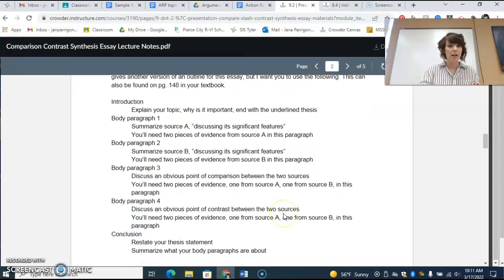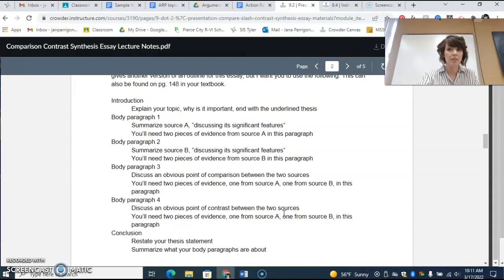This is your outline for the essay, and this is the outline that you need to follow or you will lose points, okay? So your introduction: explain why your topic is important. Give us a little bit of information maybe about the two articles, but not a lot, because your first two body paragraphs are going to be summarizing those. Just tell us why the topic is important, how long it has been controversial, and then end with your thesis statement underlined. What I do not want you to do is copy and paste last essay's introduction into this one. If you do, I will probably remember anyway, so don't do that, okay?